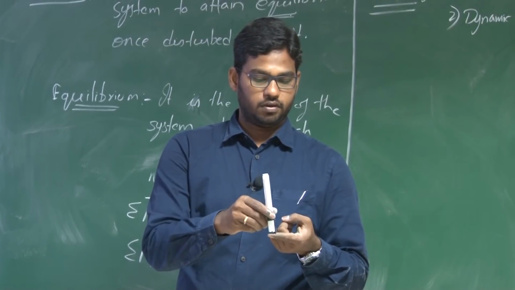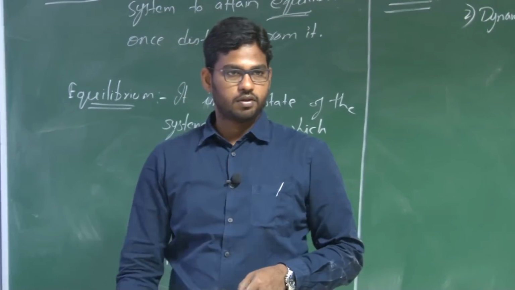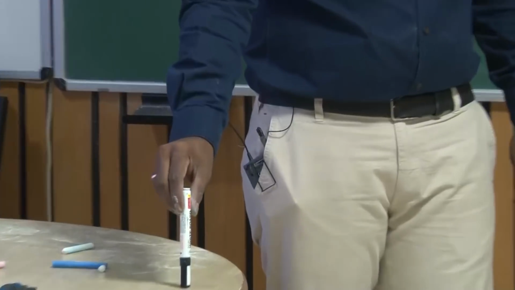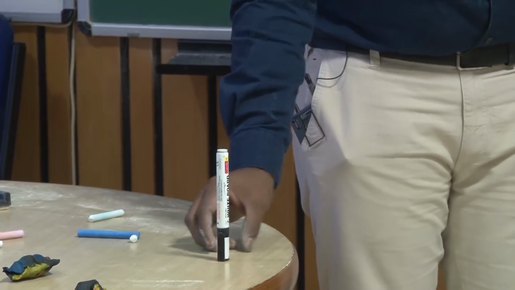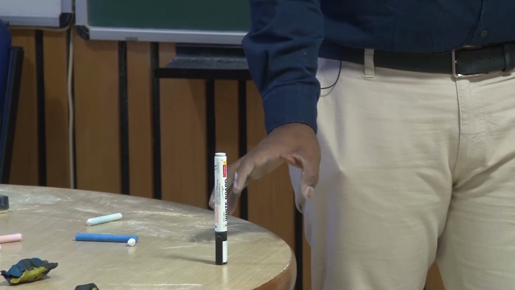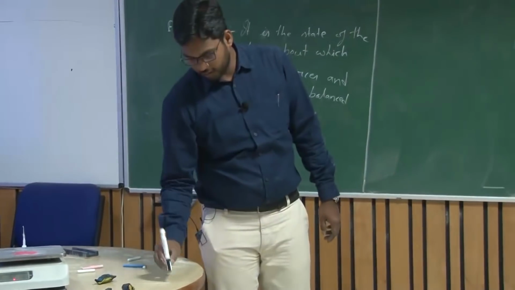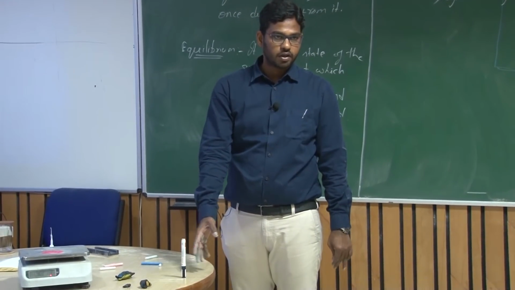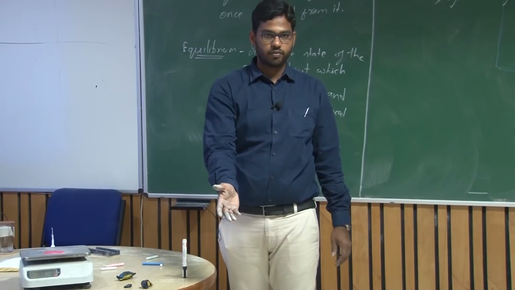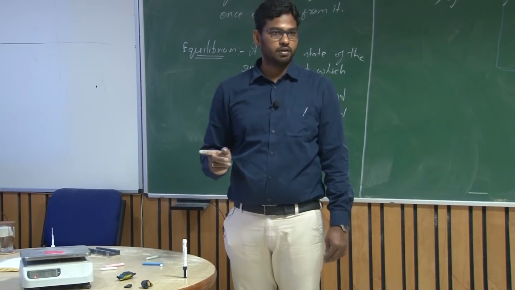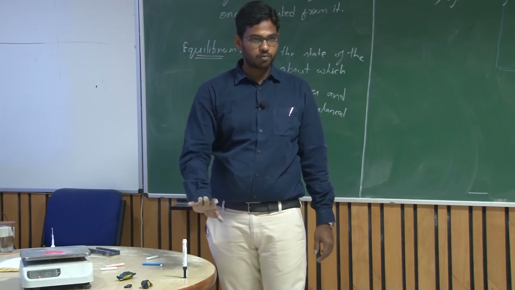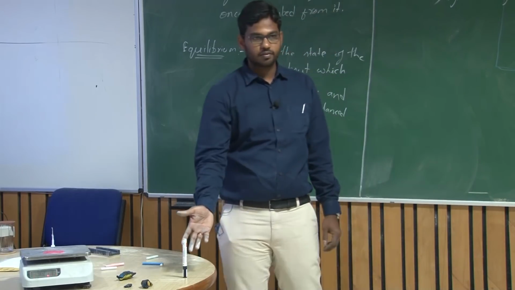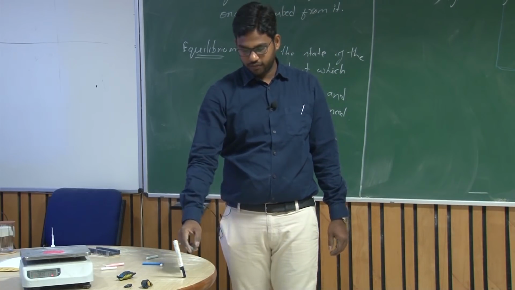When you place this pen or the marker vertically on the table, it is stable. So this is also an equilibrium point, because if there is a resultant force, there will be a motion, and if there is a resultant moment it will try to rotate, but here the resultant force and moments are 0. That is why it is at rest right now. But whether this position is stable or not, let us say there is a small disturbance.